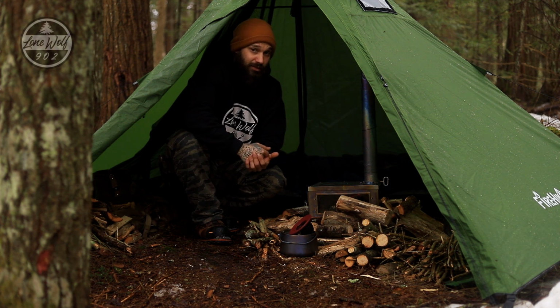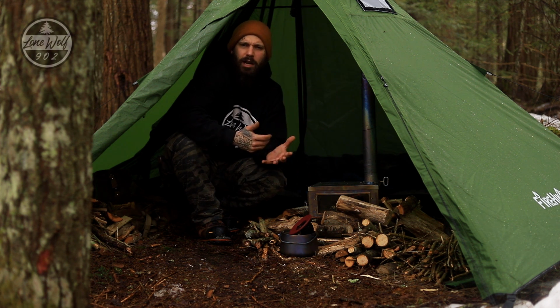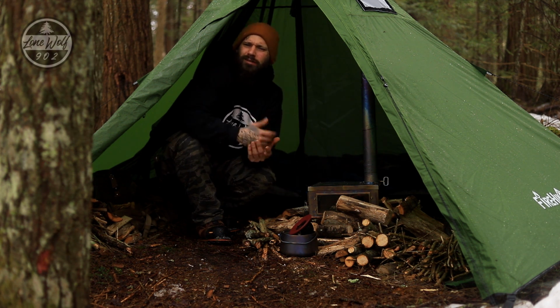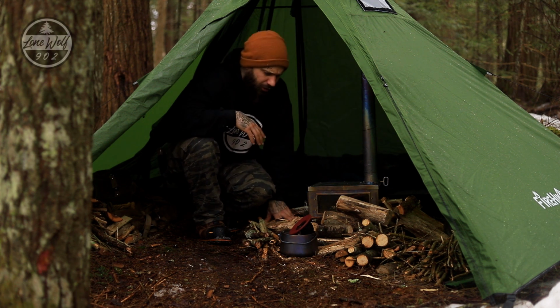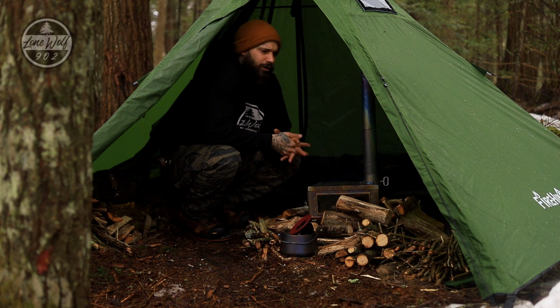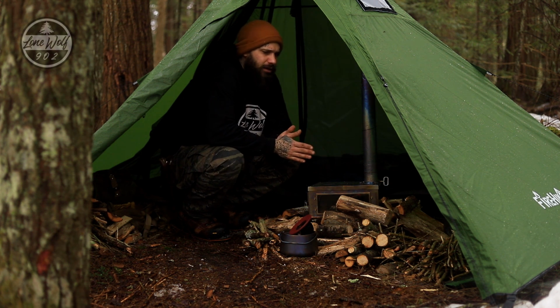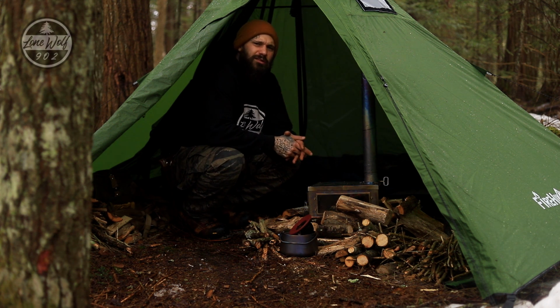The second thing to think about is the tent itself. So when you're out hiking in the wintertime, generally you get on the trail about 8 o'clock in the morning, 7 o'clock in the morning. Some are really early, some are a little bit later. When you get on the trail and you're hiking, in the wintertime it gets dark at about 4 p.m., 5 p.m. So ideally you'd really want to stop at around 2 o'clock in the afternoon